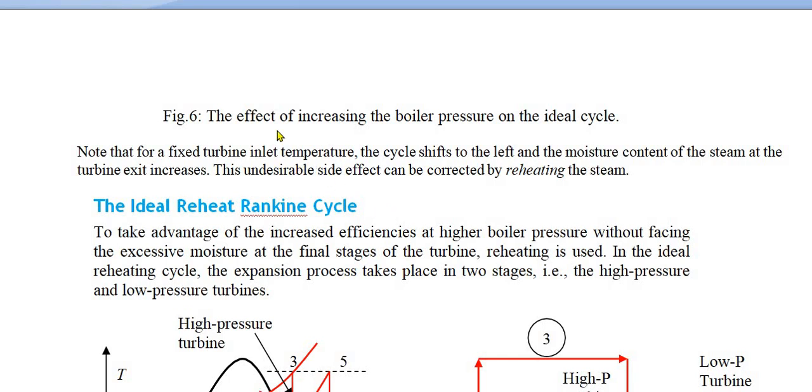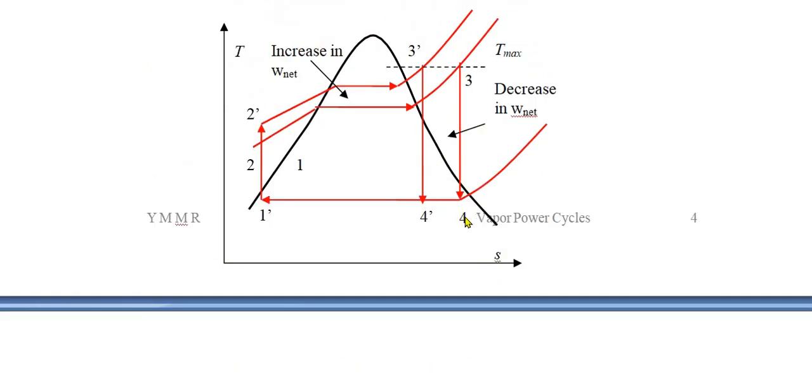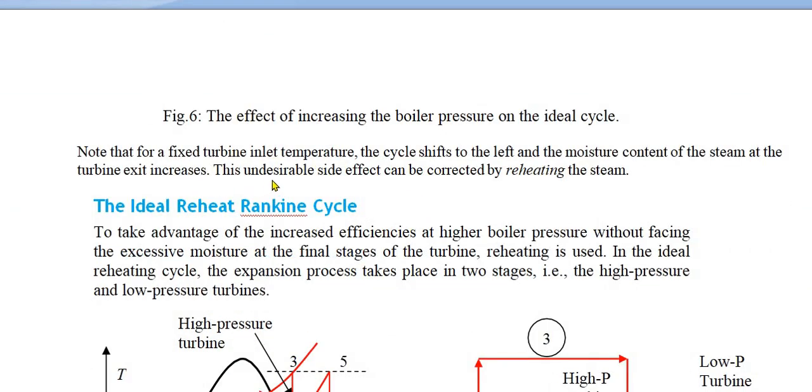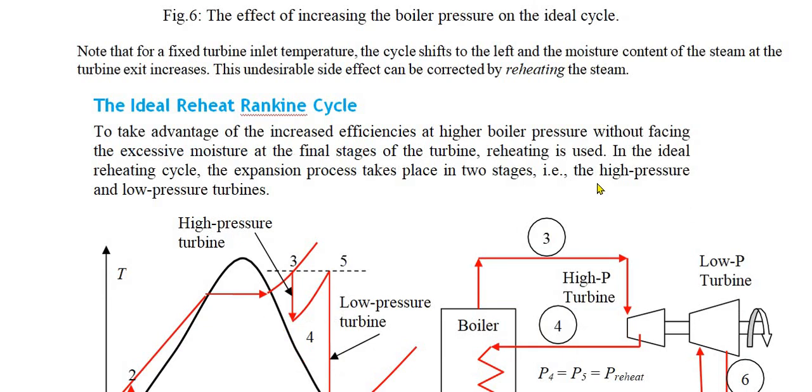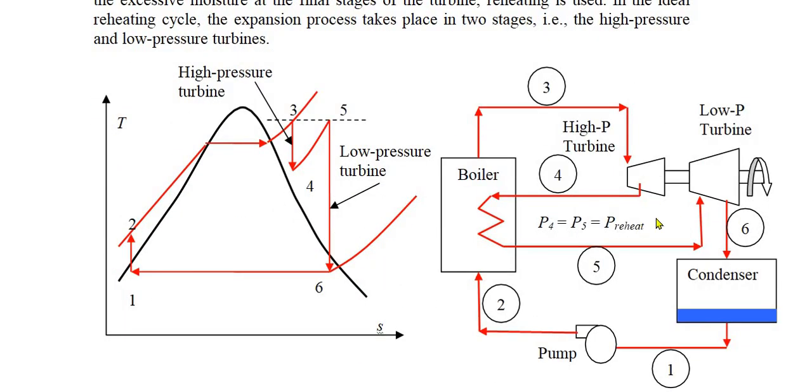Now this problem. So what is the main problem here? Point 4 is shifted thereby the vapor and liquid are present. It erodes the blades. To avoid that, what are we doing? That can be corrected by reheating the steam. Very important: reheating the steam. So very simple, easy to understand. I will explain. Let us assume only one boiler is there. This is the normal Rankine cycle: boiler, turbine, condenser, pump. Right?